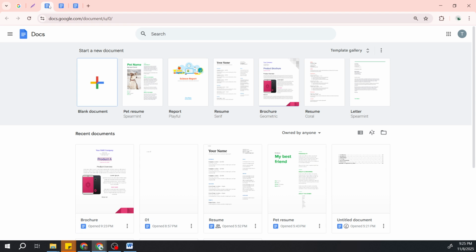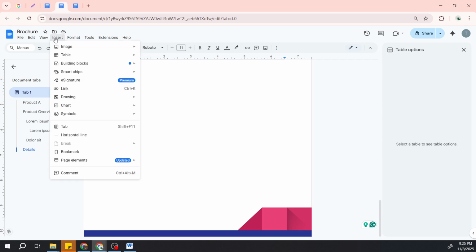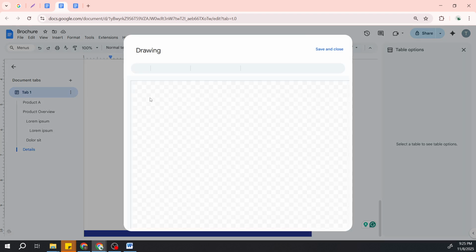At the top of the screen, you'll see a menu bar. Click on Insert to open a drop-down menu with various options. As you're scrolling through, hover your mouse over the Drawing option. This action will reveal another drop-down menu. Here, select New. Doing this will open a new dialog box featuring a drawing canvas, a designated area for creating